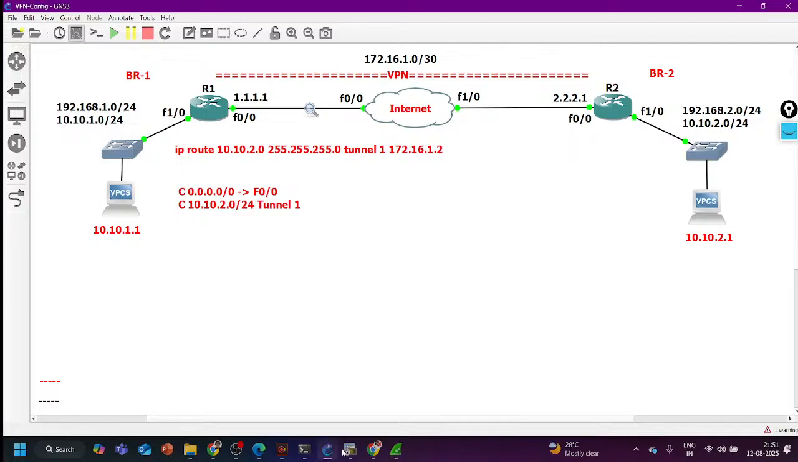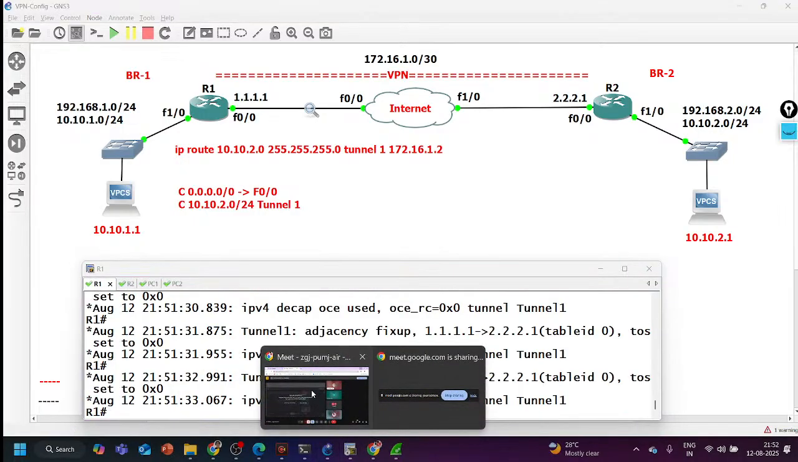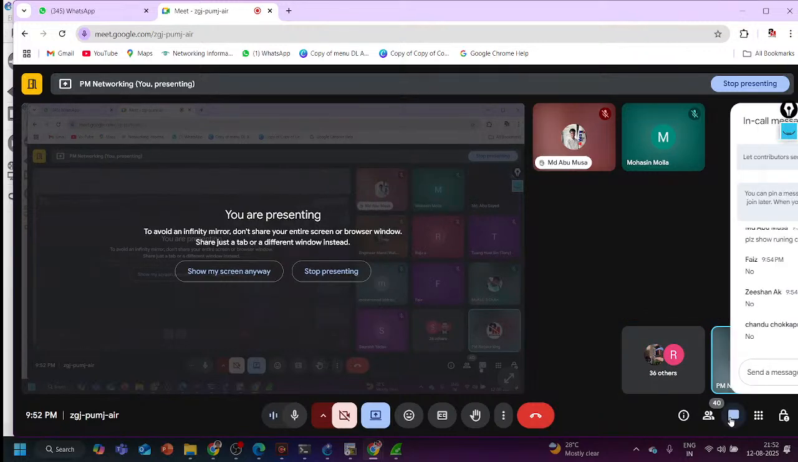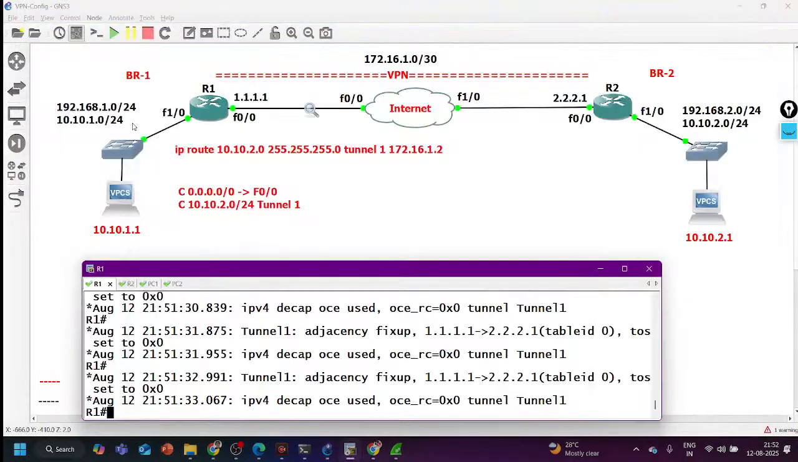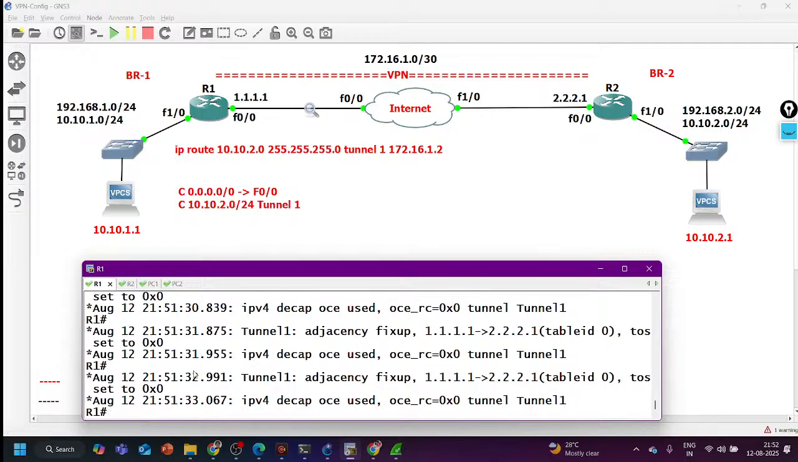Hope it is clear. Now, like you configure a static route here, you can also run a dynamic routing protocol. If you have lots of subnets in the LAN, like here you can see I have 2 LAN subnets, 192.168.1.0 and 10.10.1.0. In branch 2 also 192.168.2.0 and 10.10.2.0. So instead of adding all the routes manually, I can also configure here